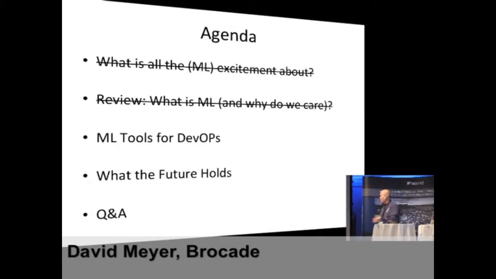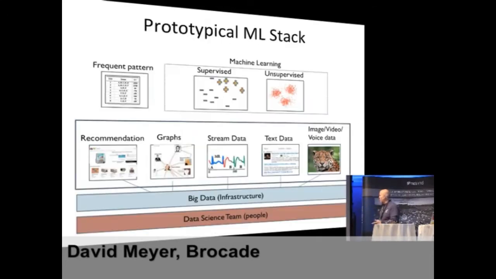So here's a little bit about what we're trying to do. Not so much Brocade, but in the industry. We're trying to build this discipline for networking right now. We're kind of inventing this discipline. So if you look at a machine learning stack, it kind of looks like this. At the bottom, you have this team of people, in my case, one, whose job is to collect the data and clean it up. That's a huge task. It's 80% of the work.